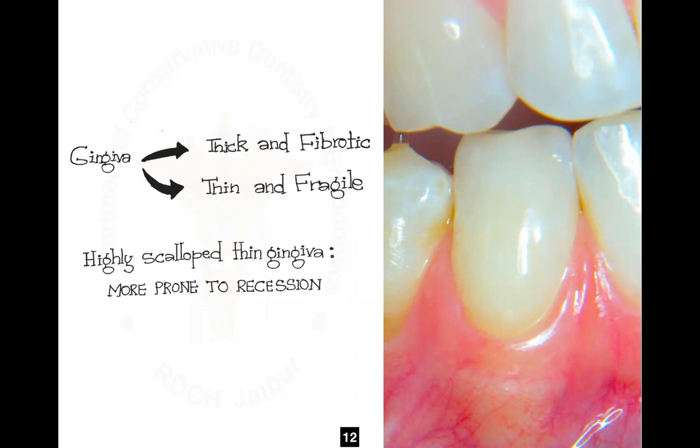So if the clinician already knows how to read the entire oral cavity, how to study it, they will eventually know what's going to happen next to the tooth and they are going to plan the treatment accordingly. Right? Even at the slightest sign of recession, they will evaluate whether or not the biologic width has been violated by the treatment that has been given to the patient. So this is just added information for you as clinicians. You should know that a highly scalloped thin gingiva will be more prone to recession. Okay, let's move on.